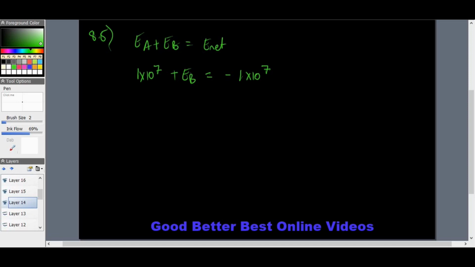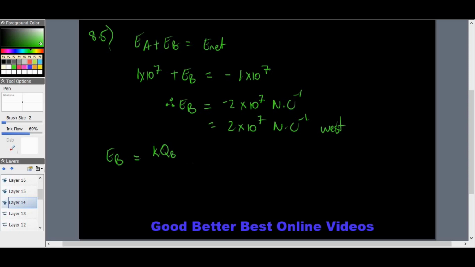Now that we have that, this comes over, and we find that the electric field at point B becomes minus 2 times 10 to the 7 newtons per coulomb, which is just equal to 2 times 10 to the 7 newtons per coulomb, and that's also going to go in the westerly direction. We just leave it at that. Now we substitute it into the formula. The electric field at B is going to equal kQB, the charge on B, over r squared. We know this value, 2 times 10 to the 7, we don't include the negative, equals 9 times 10 to the 9, QB is unknown,